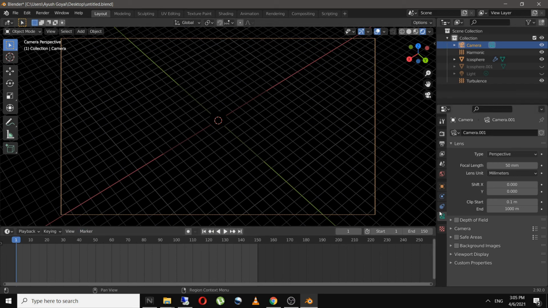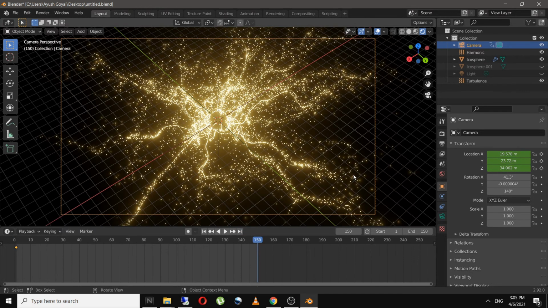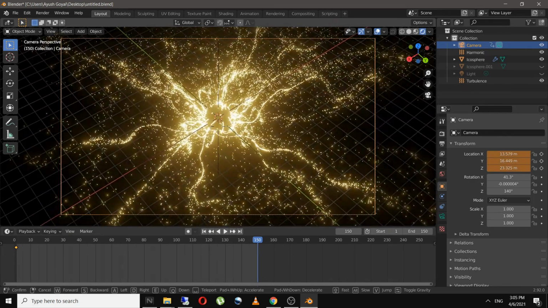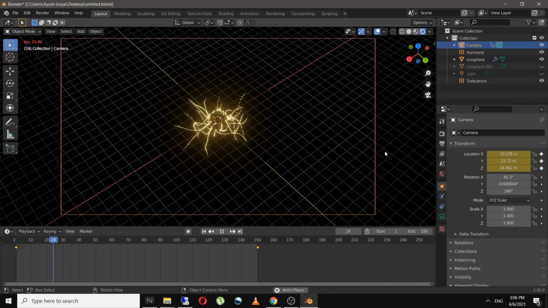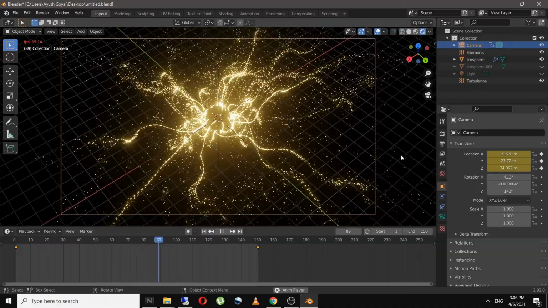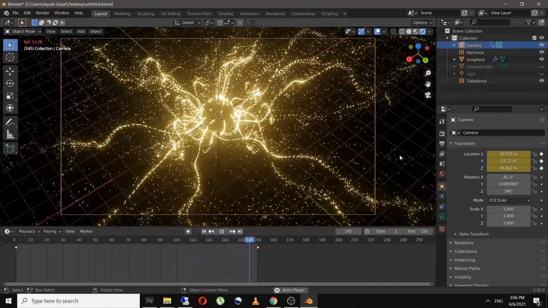So for that, I will select the camera and go to properties, and I will animate the X, Y, and Z. So in the last frame, I want to move in my camera somewhere over here, and I will lock the keyframes. And now if I play this, it will look something like this, which looks pretty cool. So it's your wish to animate the camera or not.